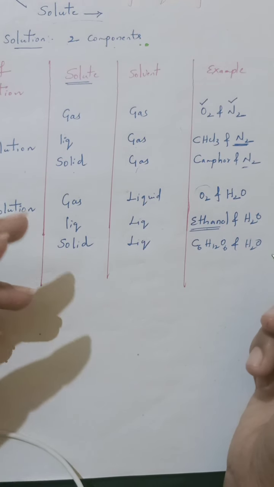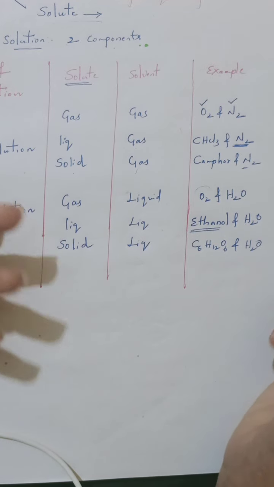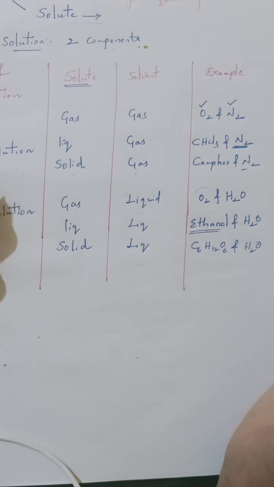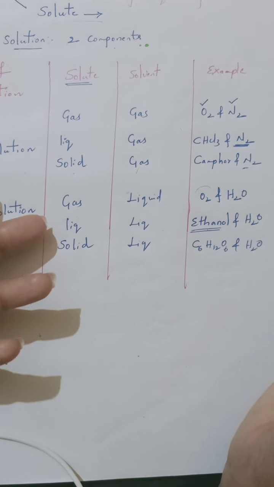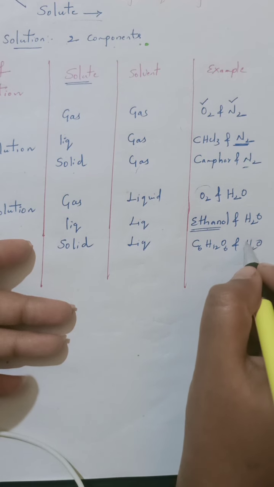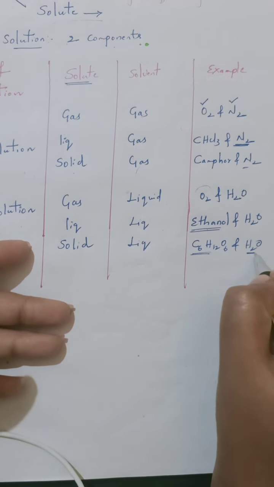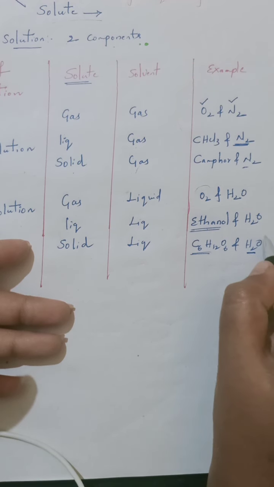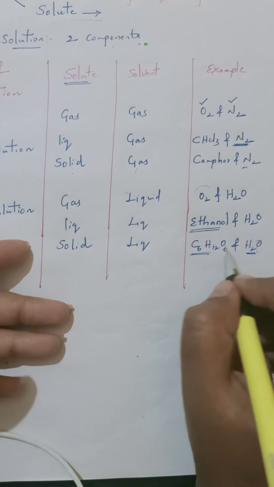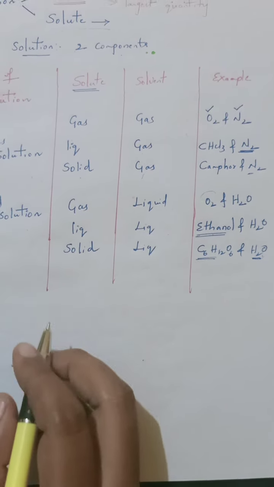If you mix a tablespoon of glucose in the water, that is a homogeneous mixture. That means in all the proportions we can see the same composition and properties of the two components. So it is a binary solution. Why is it binary? Because only two components are present. One is in solid state, the other one is in liquid state, which is in major quantity, that is water. So it is a solvent. In this solvent a solute is dissolved. So it is an example of a liquid solution.